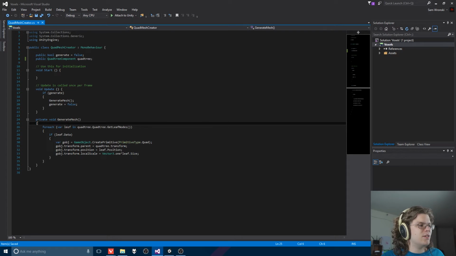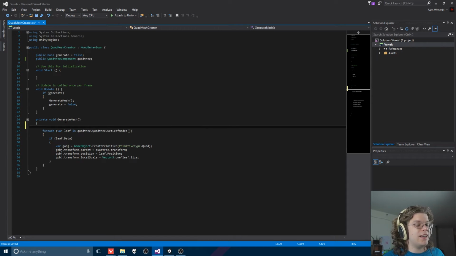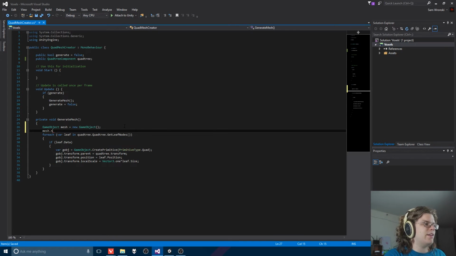Right now we generate a mesh and then set generate to false. What we're going to do is, when we generate that mesh, we're going to create a new game object, which is going to be our mesh. And this is actually going to contain our mesh renderer. So we want to do a GameObject.Instantiate. And actually, we don't need to do that. You can just create a new game object like this, and it will do the same thing. So just to demonstrate that, if I give it a name,